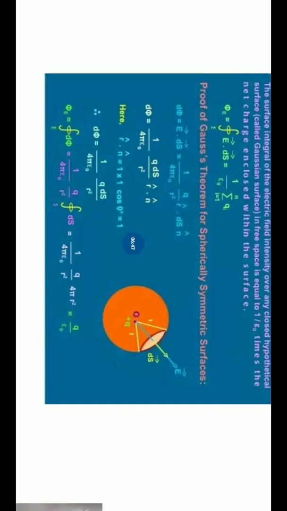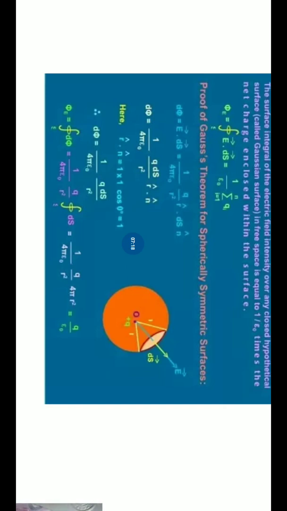So we know we are going to find electric flux because we have to prove Gauss law. For finding the flux, flux is d phi. Through this small surface the flux is d phi, so d phi is E dot ds. So we use the value of electric field dot product ds into n cap. So the 1 by 4 pi epsilon naught q upon r square ds, these are all scalar quantities. We take it out, r dot n.